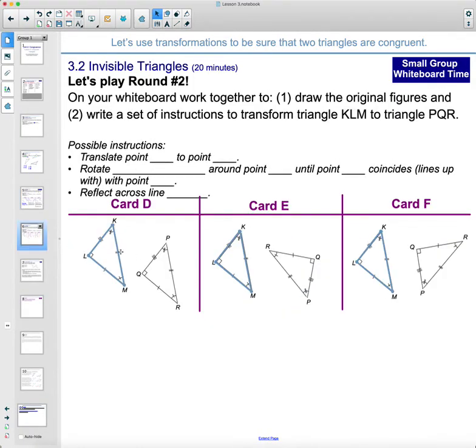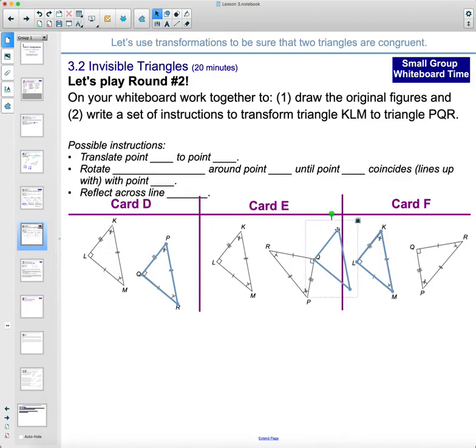Okay, so taking a look at these, and this time I'm not going to type them out, I'm just going to talk through them. But this first card would just be a translation, so translate point L to Q, and it would have landed exactly on there. Second card, translate, and again, any one of these, so let me just do L to Q again. So translate L to Q,